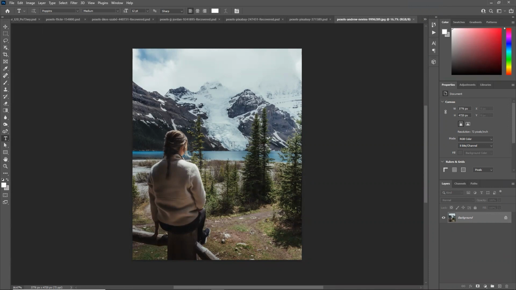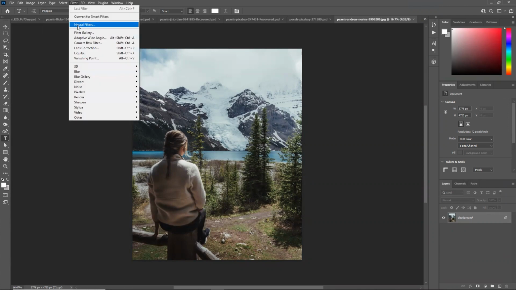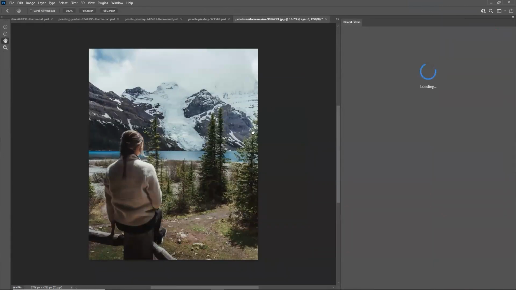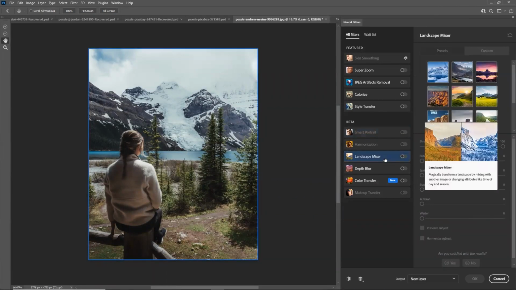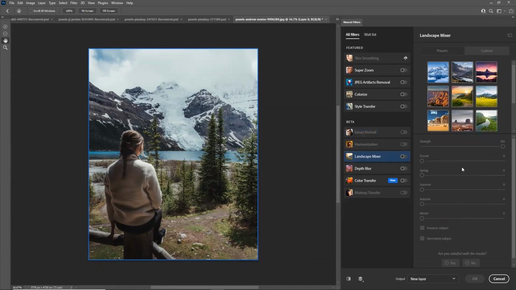So let's see how intelligent the Adobe artificial intelligence is. Let us go again to Filter, Neural Filters, and check what this can do. I click on landscape mixer and say, for example, we try this amazing winter scene.